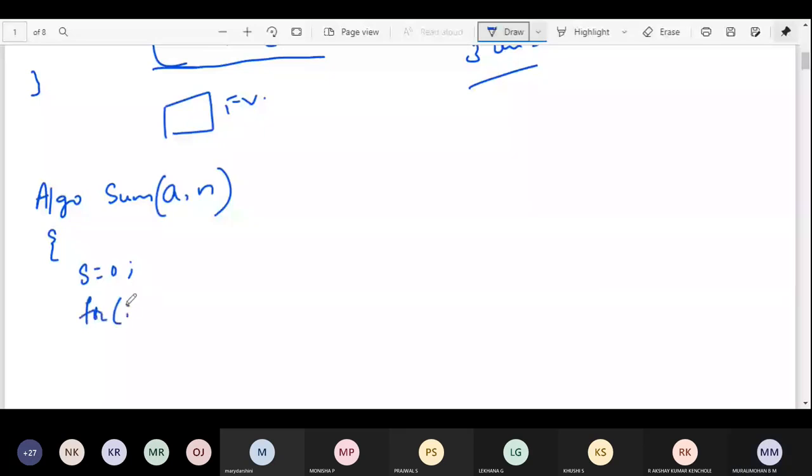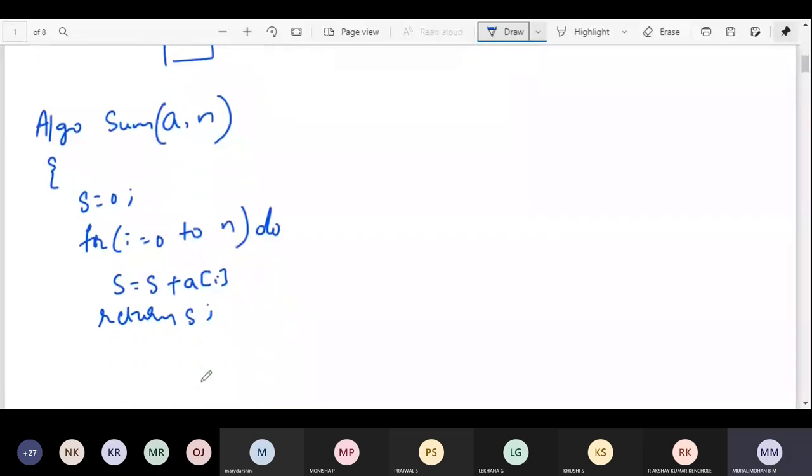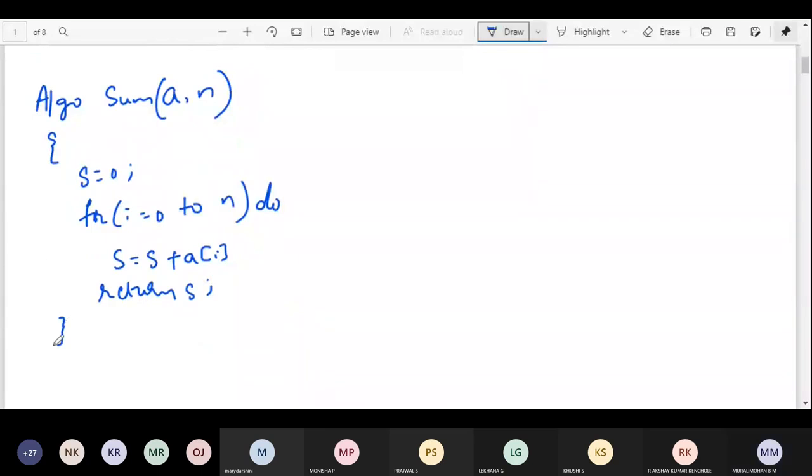For I is equal to 0 to n do, S is equal to S plus A of I. Finally, we are returning the S value.